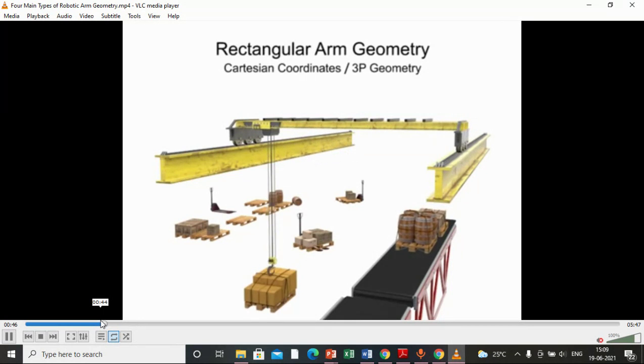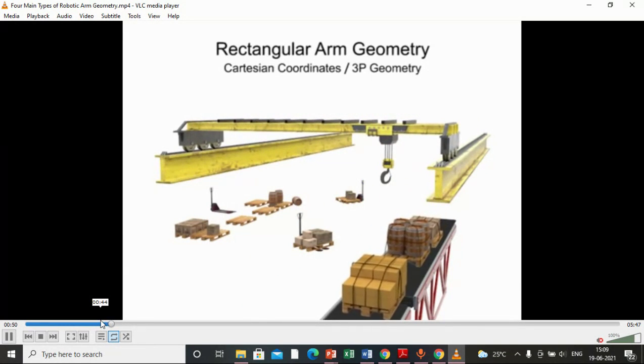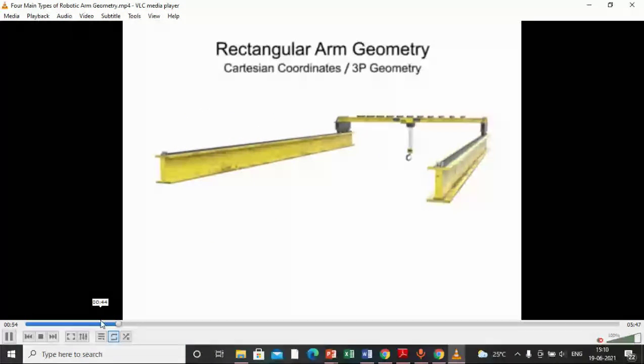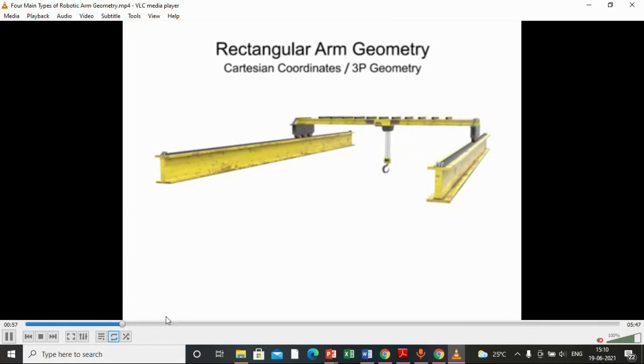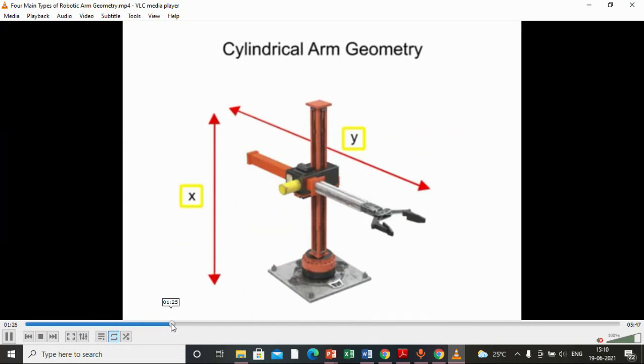These are the gantry type robots. Earlier we have seen in the previous video. So this is a rectangular arm, and the application you can see is for cranes and hoists. Okay, so let us move to the cylindrical arm.